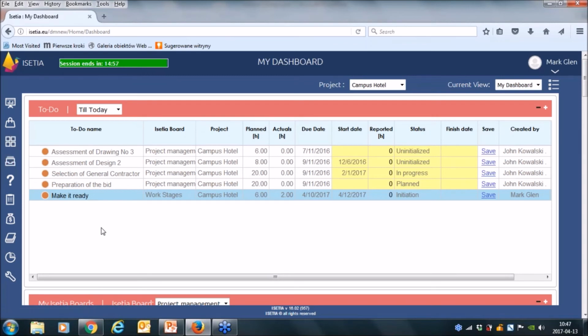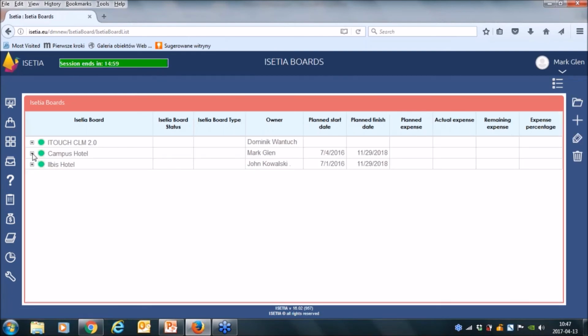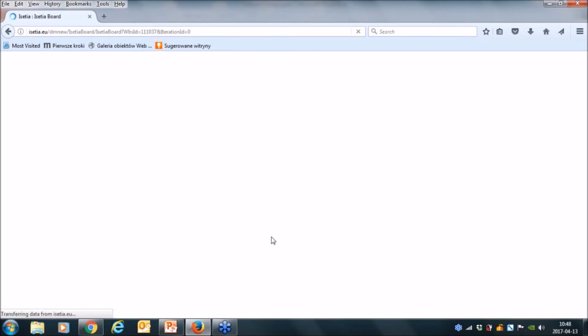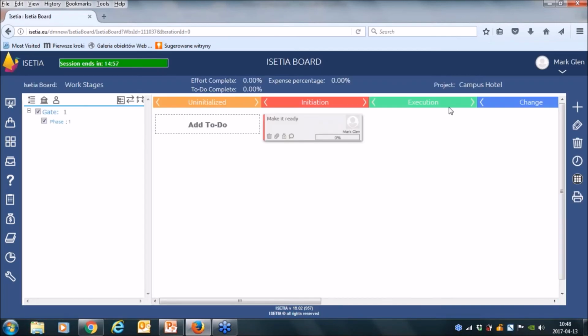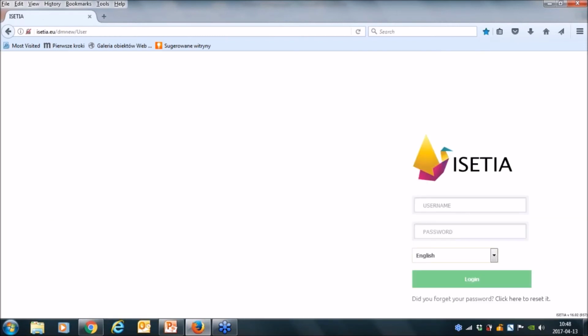But when I move, let's go quickly back. When I move to execution, you remember that I pointed out another guy, this means contractor one, who is responsible for this task. So when I log as a contractor one, quickly, I will change.